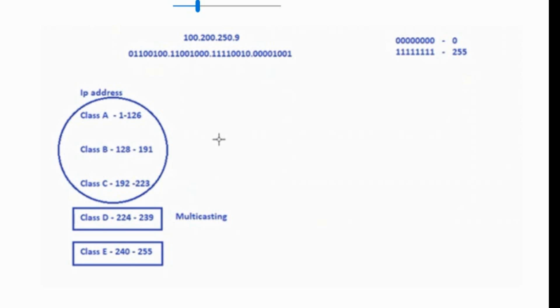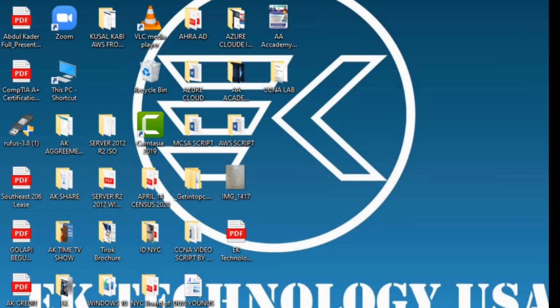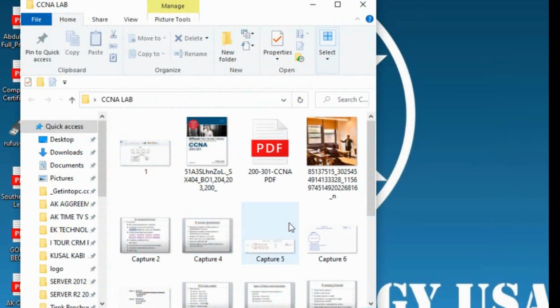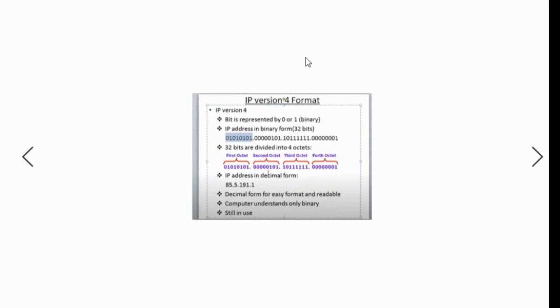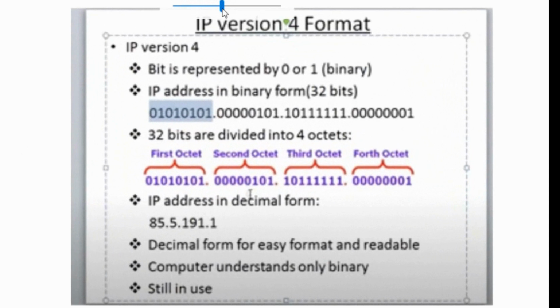Okay, I'm going to close this chapter. I'm going to close this calculator. Now I'm on my lab. I'm going to be explaining about IPv4 also, that you should know about. While I showed you